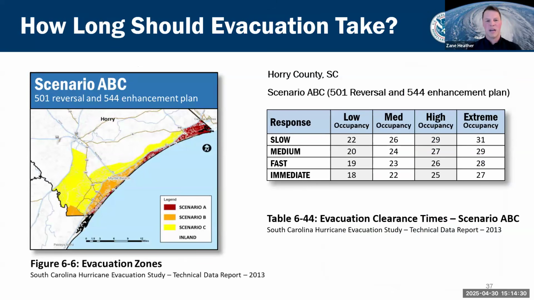Here's an example of some of the end products produced by the transportation analysis. On the right, you have a clearance time table, and that is tied to different evacuation characteristics. One of them is response rate. The other one is occupancy. When you take a step back, the evacuation scenarios are driven by key inputs throughout the hurricane evacuation study process. It's really up to the state and local partners to help inform and influence how we are creating these evacuation scenarios, and which variables are the most important to include in that process.